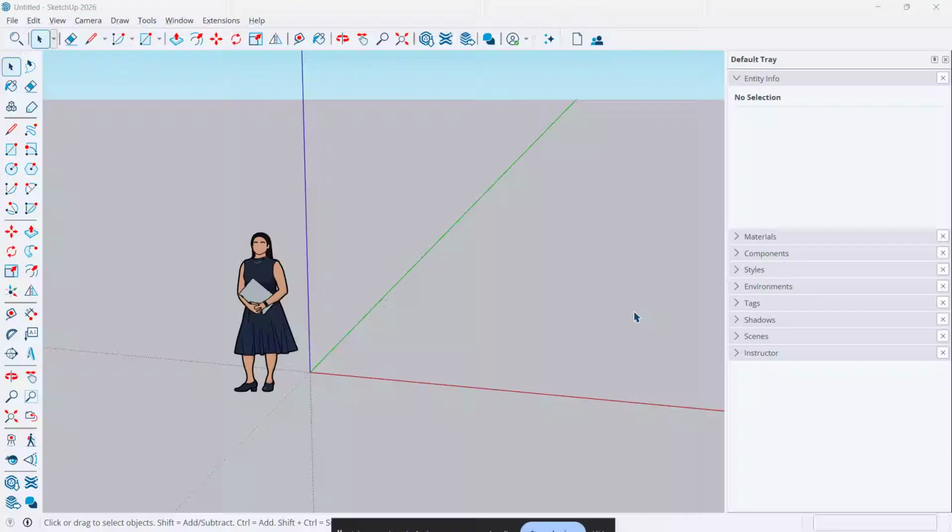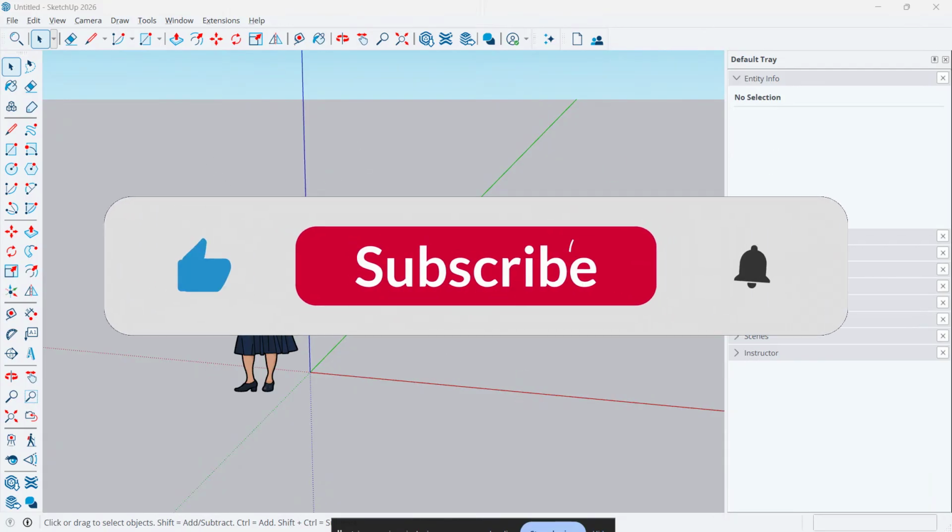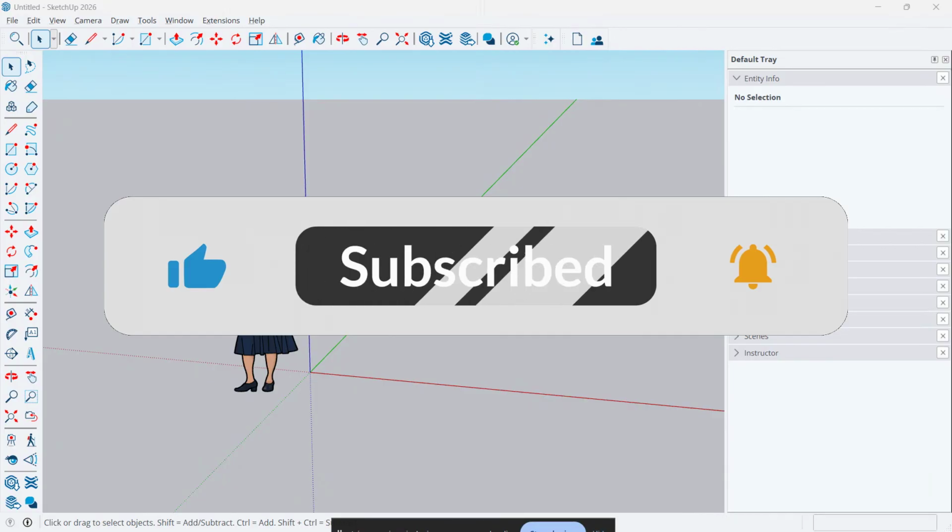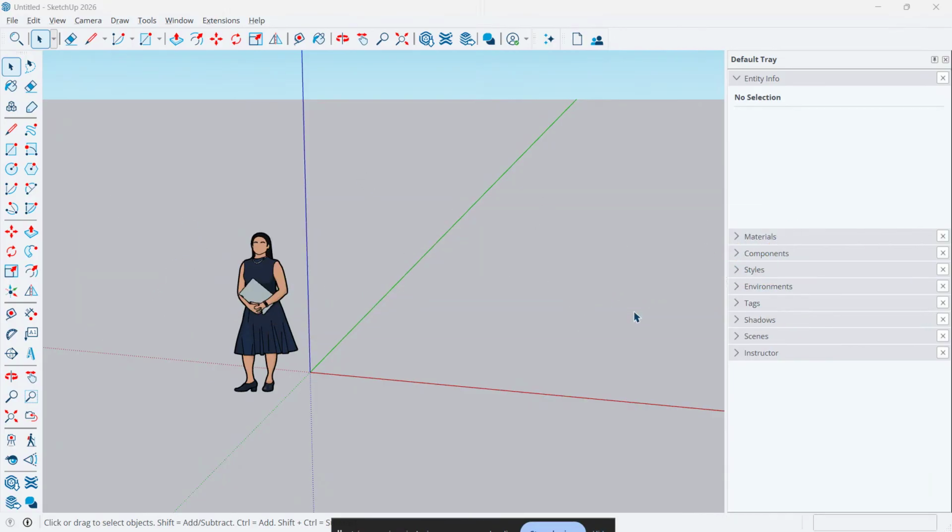If SketchUp keeps crashing and you're seeing the BugSplat error, don't worry. In this video, I'm going to walk you through the most effective fixes step by step. A BugSplat is basically a crash report dialog that appears when SketchUp runs into an unexpected problem, and it's often caused by corrupted files, very heavy models, outdated graphics drivers, a bad extension, or even an installation issue. By the end of this tutorial, you'll know how to troubleshoot the problem properly, save time, and get SketchUp running